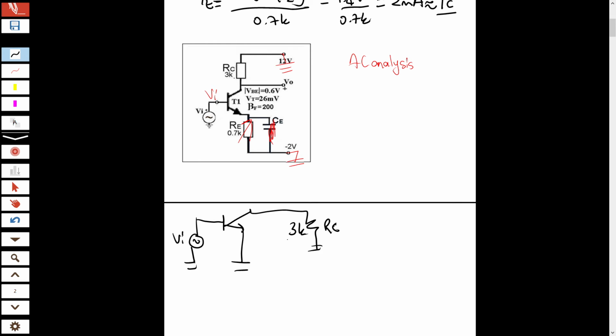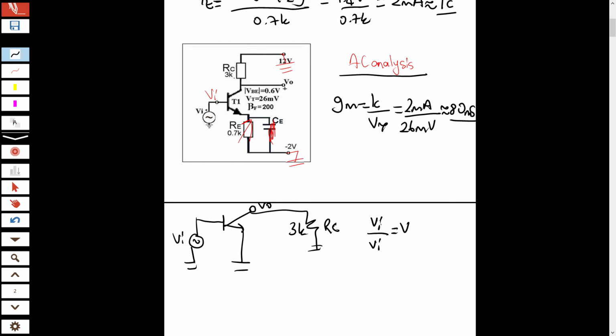And that's it, guys. For finding the gain, we should know the gm value, and gm equals IC over VT. I know that IC is 2 milliampere and VT is given as 26 millivolts. So this is approximately 80 millisiemens. Remember, I need the value of V output over V input, and it is directly